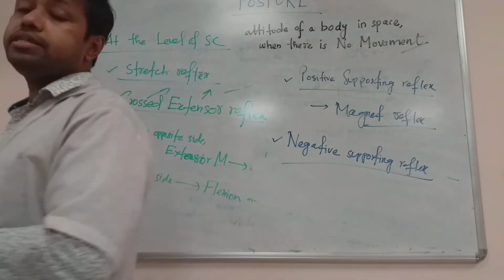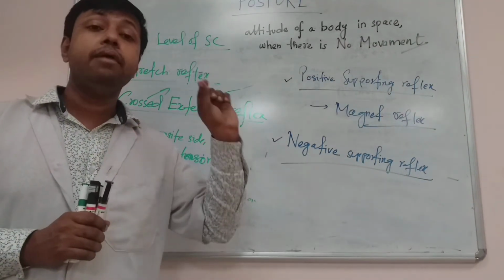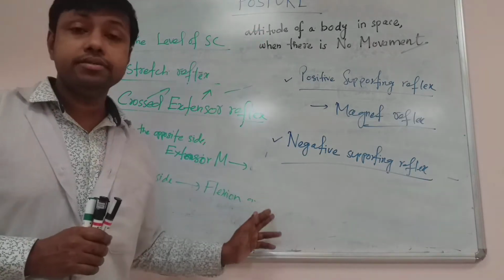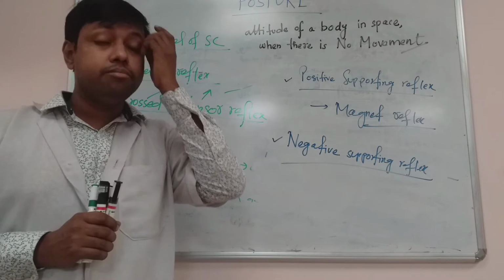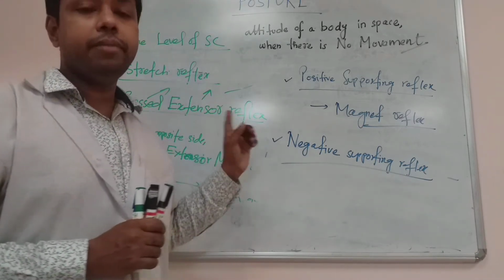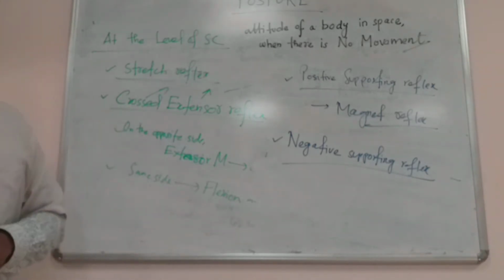Okay, so all these structures have their important role in maintenance of posture, but we cannot show them individually. That's why a series of experiments has been constructed so as to show the effect of all these structures on the maintenance of posture. So we can see that if there is a spinal cord lesion, posture may be affected. Can you understand?